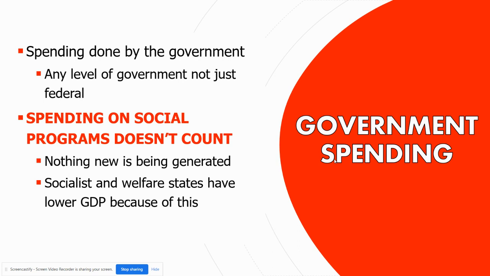we can't count that money. Okay, so the Nordic countries that are welfare states, so they spend a lot of money on welfare programs, they tend to have lower GDPs. Socialist economies have lower GDPs, where the government is providing most things, they're running most things. And so we wouldn't see as high GDP numbers as you would in a more capitalistic free market economy.